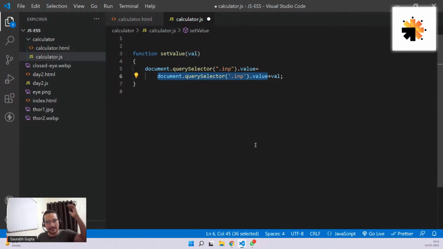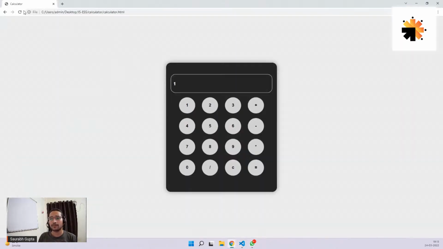Yes, exactly, Abdullah. It is appending. So first, get the value, whatever there is inside that input field. Get it for me. Then plus add the new value inside that, and then again put it in the input field. So this is what we're going to do. Now see, 1, I click. Now when I click on 2, first it will get whatever is inside the input field. So it will get 1, then plus it will add this 2 string. And see now,